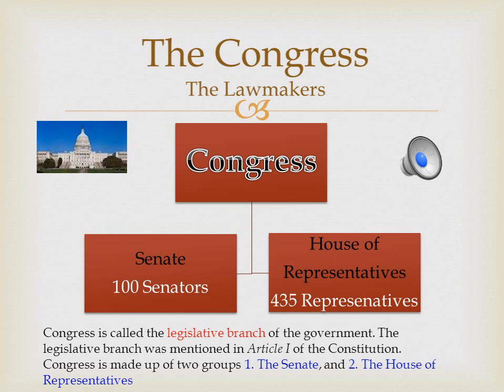The writers of the Constitution did not want one group of officials to become too strong, so they made two parts to the Congress. The Senate, which has 100 senators total, 2 from each state, and the House of Representatives, depending on each state's population. So we have 435 representatives. Voters in each state elect the people who work in these two houses of Congress. Every new law for the nation must be passed by a majority, or more than half, of votes in both the Senate and the House of Representatives.